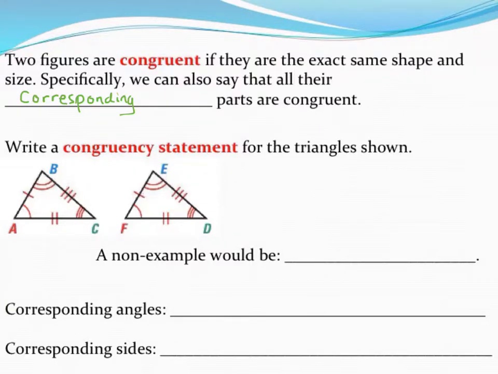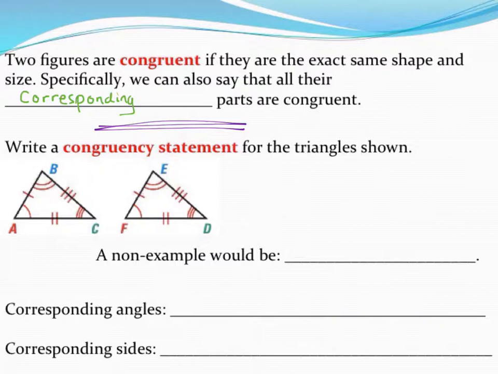We know that when two figures are congruent, they're the same shape and the same size, but more so, we know that all their corresponding parts match up. All their pairs of angles and all their pairs of sides that are corresponding will be congruent in the two figures. So let's use that idea and delve deeper into it by looking at two